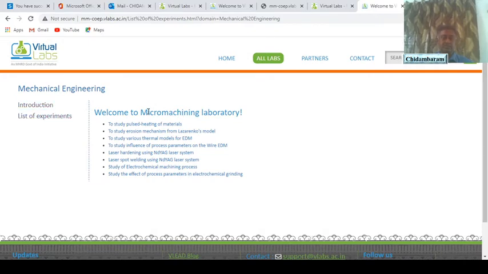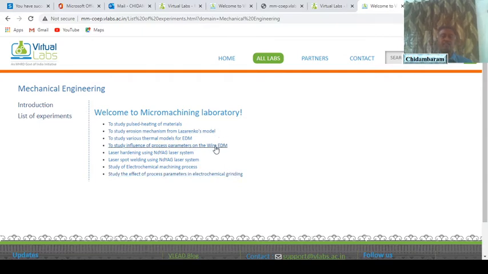The various experiments in the micro machining laboratory are: to study pulsed heating of materials, erosion mechanism from Lazar and Coase model, study of various thermal models for EDM, to study the influence of process parameters on wire EDM, laser hardening using Nd:YAG laser system, laser spot welding using Nd:YAG laser system, study of electrochemical machining process, and study of the effect of process parameters in electrochemical grinding.